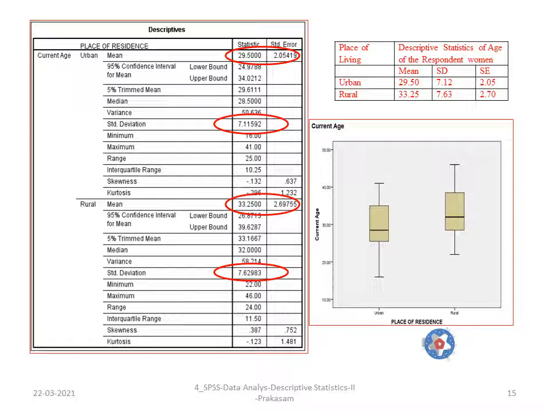When you look at this box plot, you can directly see that the mean age of the urban woman is less than the mean age of the rural woman. Second, the highest point in the urban area is lower than in the rural area. Like that, some other interpretation we can compare, but here a mean judgment can be given and the distribution pattern will be given. When the upper and lower limits are very close, then we can say that the distribution is a perfect distribution. A box plot gives us some idea about the distribution, and a visual presentation can be done with that.